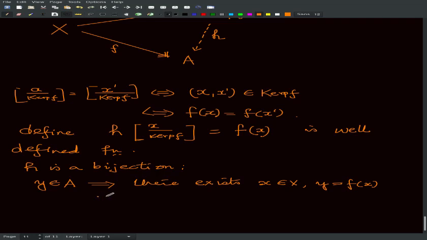And so this means, if you look into this equivalence relation, this class, everything which is mapped onto y is actually in this equivalence class. And h of this is equal to f of x, which is y, and